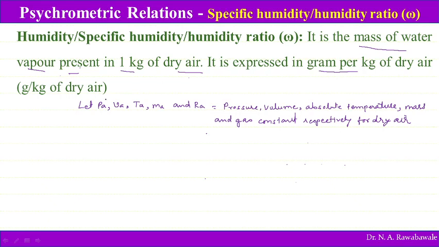That is nothing but PA is pressure, VA is volume, TA is temperature, and MA is mass of dry air, and RA is gas constant. So similarly, PV, VV, TV, MV, and RV be the corresponding values